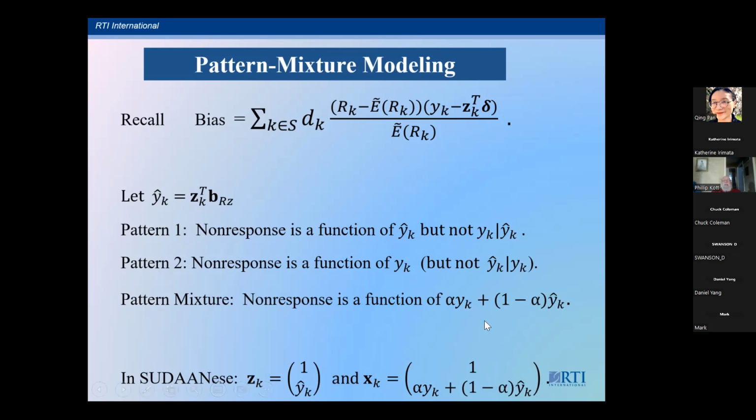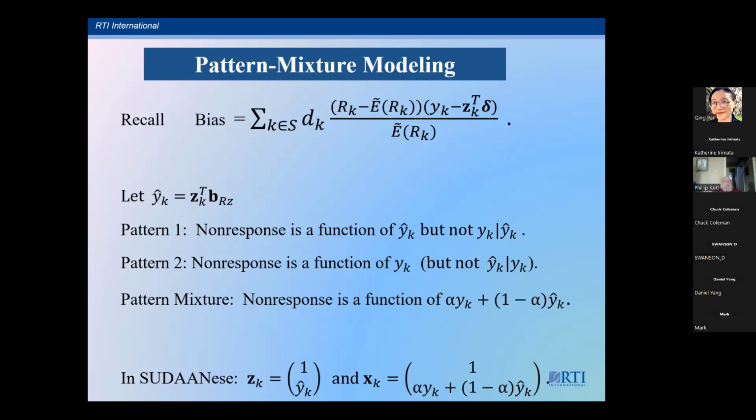And in SUDAAN, like we said in calibration, we're just saying the Z variable is 1 over Y hat, and the X value is 1, and some linear combination of these two. Now, on one hand, we've got pattern 1, and on the other hand, we have pattern 2. When it's some linear combination, we have a mixture. And in pattern mixture modeling, they have some fancy-dancy Bayesian way of deciding what to do, which turns out to be just halfway between the two. But in real life, I would say that,